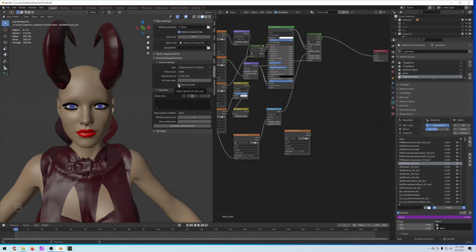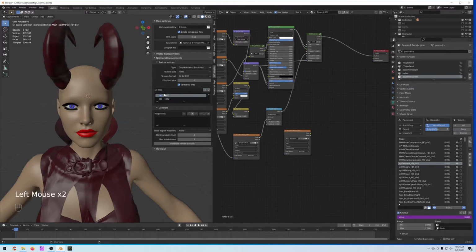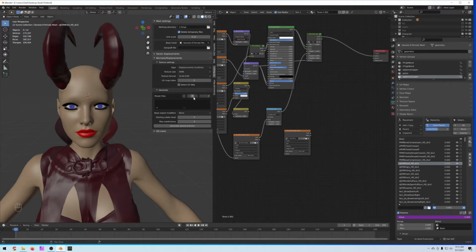For select UV tiles, if you wanted to generate a normal or displacement map just for, let's say, the head, you could uncheck all these and just select 1001, which would be the map for just the character head. But in this case, we're going to generate maps for all of them, so we'll leave that unchecked. The maps we are generating are going to be for the Victoria 8 HD add-on,